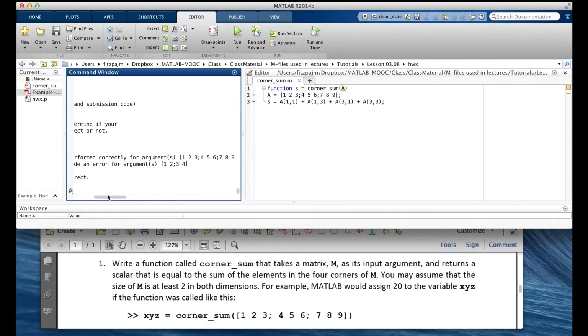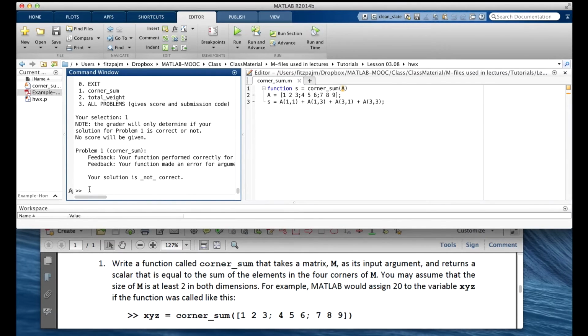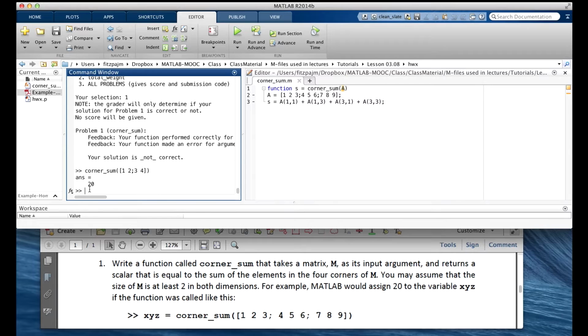Let's see what it is, just to prove I'm right. So let me just copy this thing. There. What? Wait, 20? Should be 10. 1 plus 2 is 3 plus 6, 10.